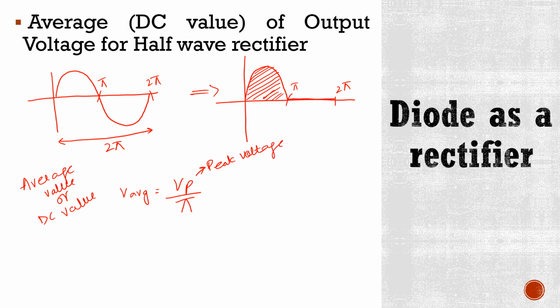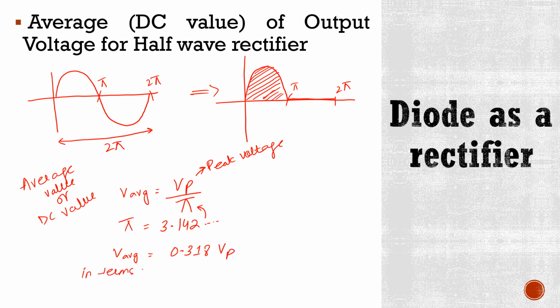We know that the value of pi is 3.142 and so on. If we put this value in this equation, we get V average is equal to 0.318 Vp,